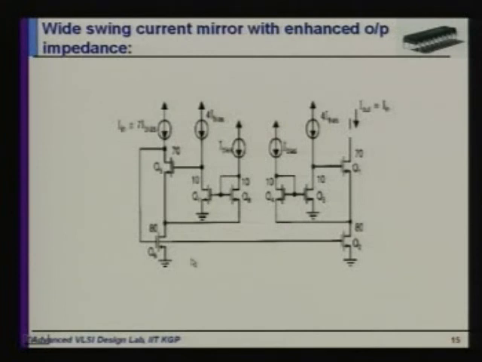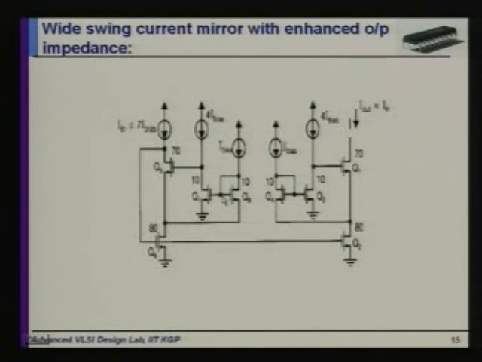Now see why this type of sizing is done. This is the W by L ratio of this transistor. This is 10, this is 10, this is 70, because we want all the VOV to be equal. If this is 10 and this is 70, the biasing current will be 7 times with respect to this, so this is 7 I bias. Here, though the W by L ratio is equal, the current is 4 times, that is 4 I bias for Q3 and Q7. So the VOV will be 2 times that voltage.